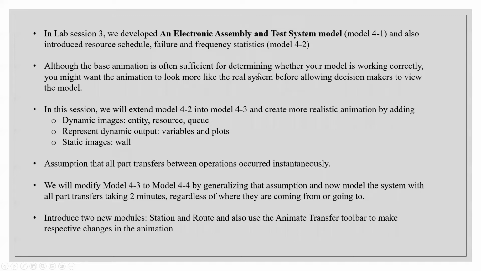In the previous section, we developed an electronic assembly and test system model and also introduced resource schedule, failure, and frequency statistics. Although the base animation is often sufficient for determining whether your model is working correctly, you might want the animation to look more like the real system before allowing decision makers to view the model. In this session, we'll extend model 4.2 into model 4.3 and create a more realistic animation by adding dynamic images,